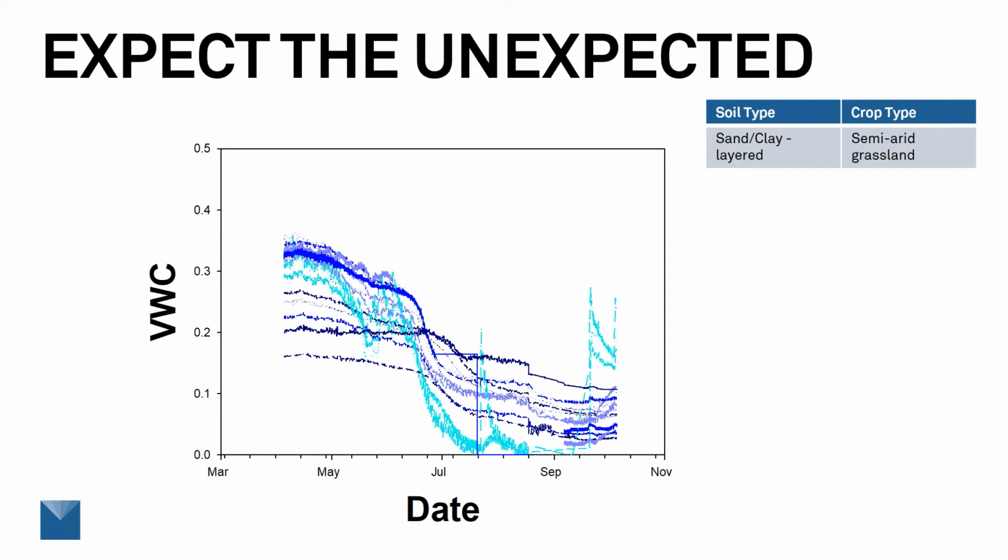When she dug down, she found that some of her sensors were buried in a quite sandy soil, and some were buried in these clay ribbons that were running throughout the soil, and the water content ended up being relatively high. She didn't know that at the time she first installed the sensors, but found it when she went down and dug in this former riverbed.